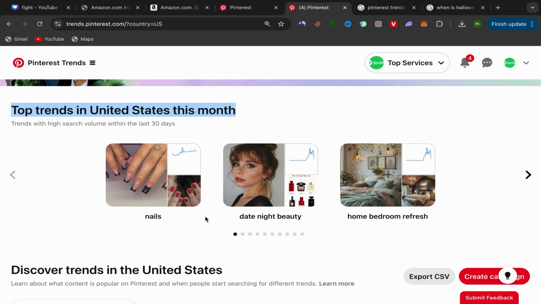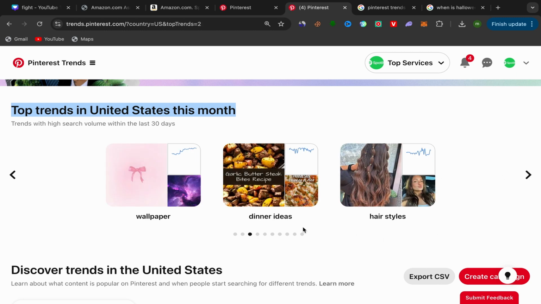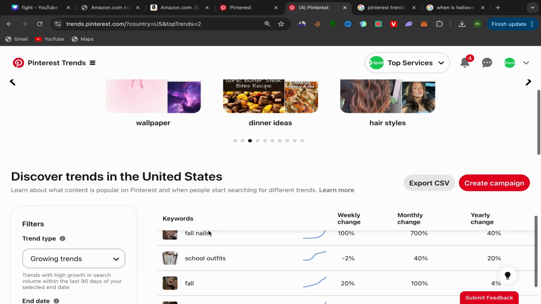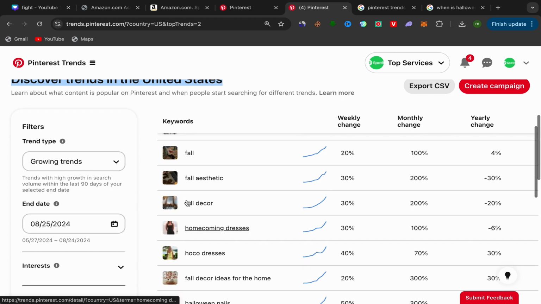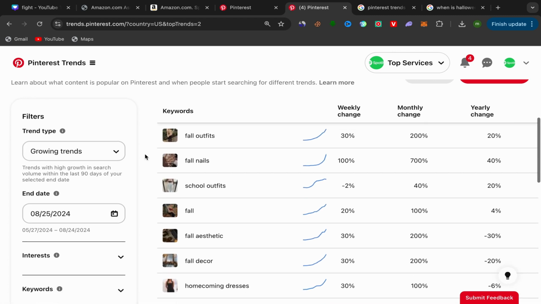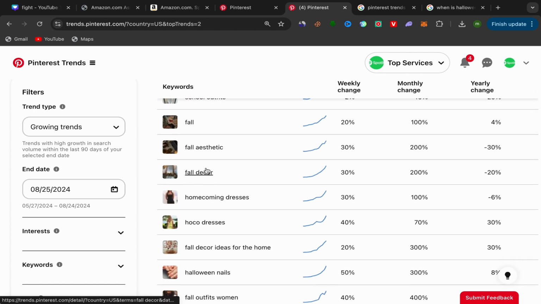Okay, we have nails, we have home, a bedroom refresh, and if we click here, we have fashion, outfit ideas, we have summer nails. If we click here, we have hairstyle, wallpaper, and if we scroll more down, we can discover here the trends in United States. We can find more keywords. So let's choose one of those keywords. So we have here school outfit, fall. Let's choose this one. You guys can see the graph of this keyword just keeps going up. I will click on this one here like this,